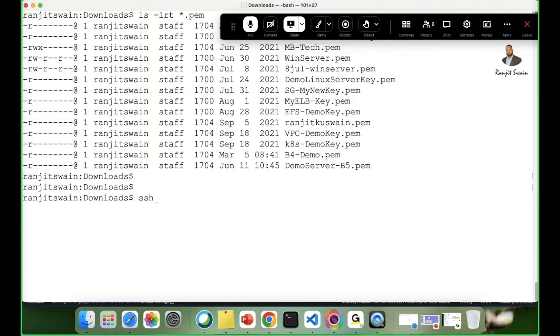Simple, use the SSH protocol. We have the firewall opened for this SSH protocol, right? Whatever security group we created at that time, we created the SSH protocol. Now let's connect back, and you have to provide the certificate. So it is demo server, right? Same. And the Amazon Linux default user is